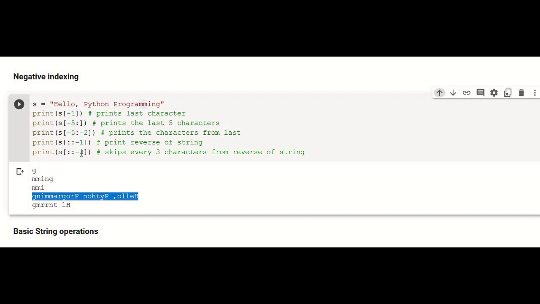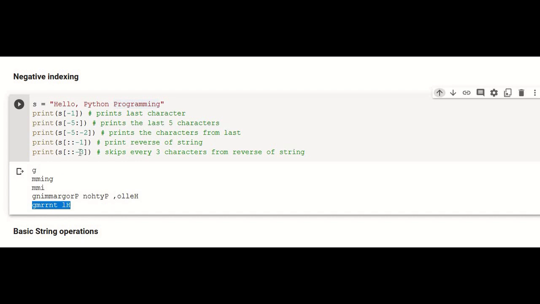And another thing, colon colon -3. So again, this will also display the entire string, leaving out every alternate 2 characters, and the next third character will be displayed. So first G will be displayed, starting from the end. Then 2 characters will be skipped. And again you have this M, and then M, A are skipped, and then R. 2 characters are skipped in between, and the next consecutive third character will be displayed. So likewise everything will be displayed from G to H.